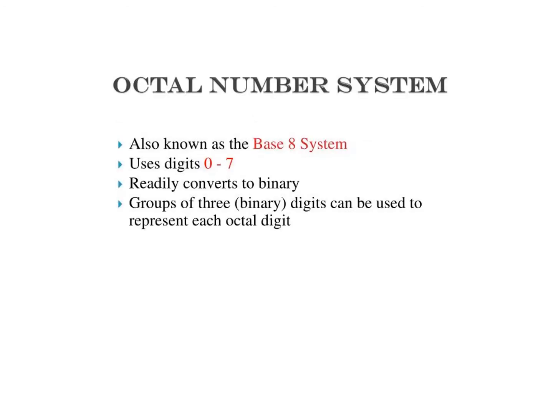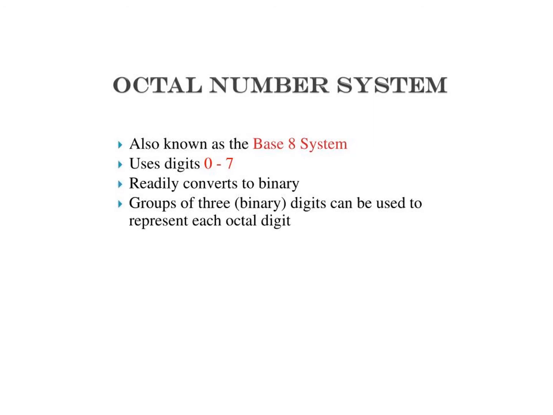Next is the octal number system. The octal number system is the base 8 system and uses the digits 0 to 7. Similar to decimal numbers, we can write an octal number of any limit using 8 distinct digits, 0 to 7, with base of 8. This is also a positional number system. It has a total of 8 symbols or digits: 0 1 2 3 4 5 6 7. Its base is 8. A number written using these digits is called an octal number.